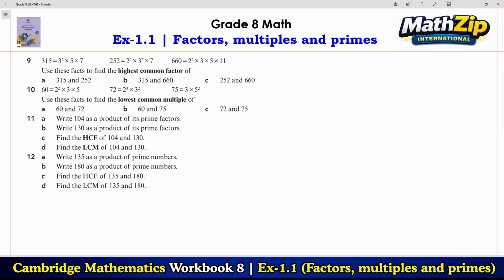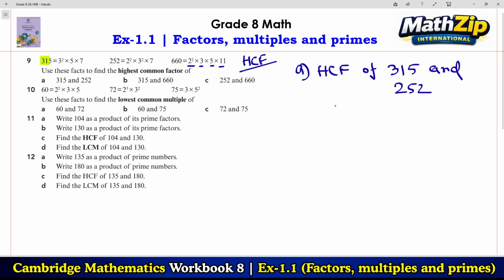Question 9. This is very important. Look, 315 equals 3 square times 5 times 7. 252 equals 2 square times 3 square times 7, and 660 equals 2 square times 3 times 5 times 11. Use this fact to find the highest common factor. Highest common factor means HCF, right? Of 315 and 252. So we have to find the HCF of 315 and